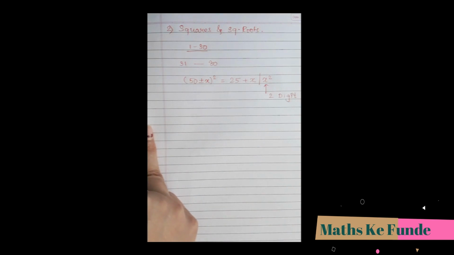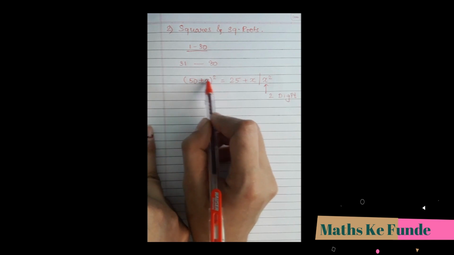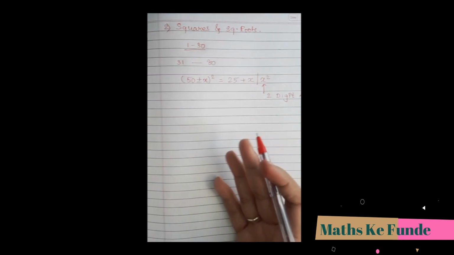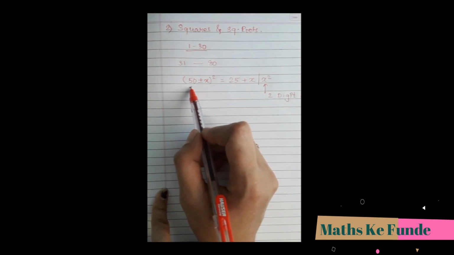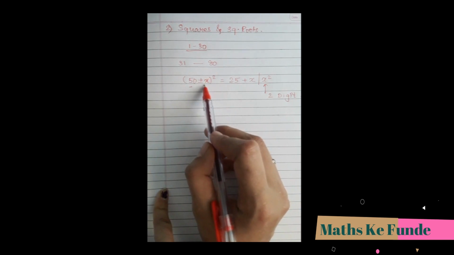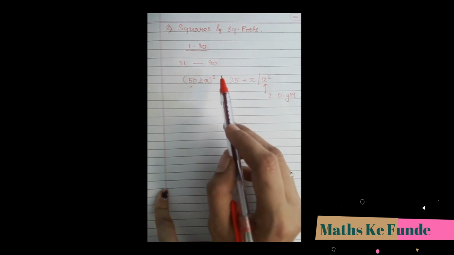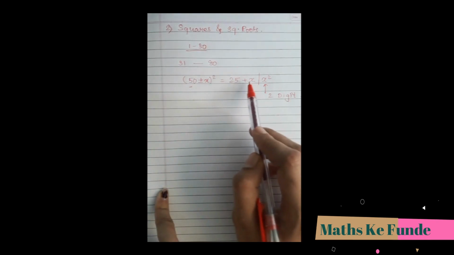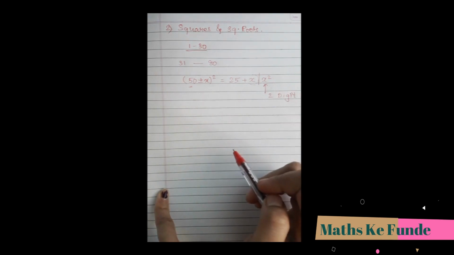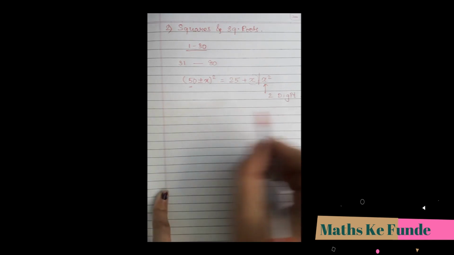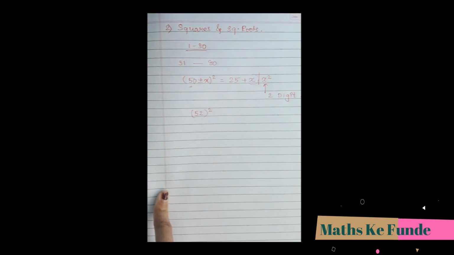So let's get started. As the formula states, I have written 50 plus minus x the whole square, which indirectly also tells you that the number should be in the vicinity of 50. And the number x, the surplus or the deficit that I'm going to add to or subtract from 50, is the same number symbolizing x and x square over here. Let's take down one example so that you understand this better. Let's go with a very basic example: let's say I want to calculate the square of 52.